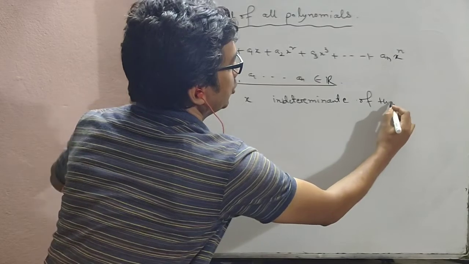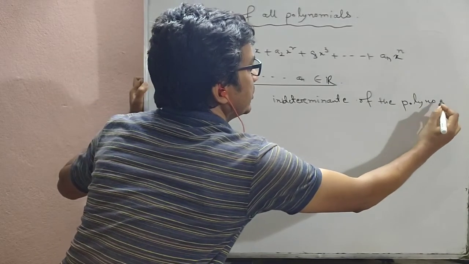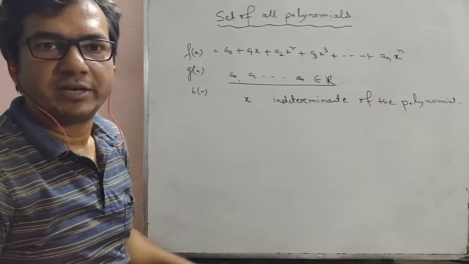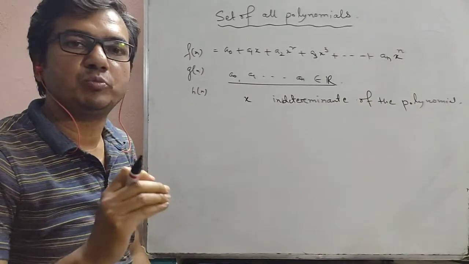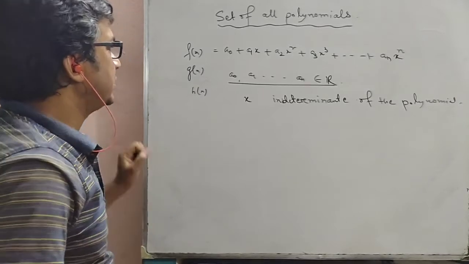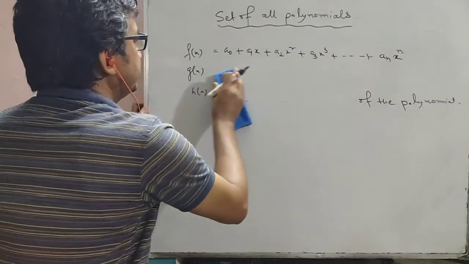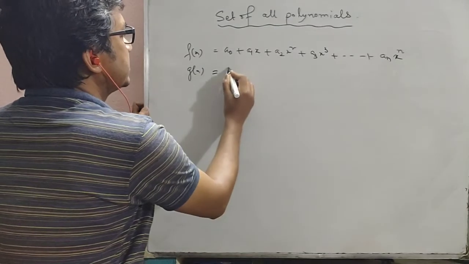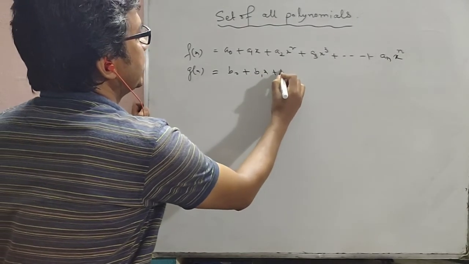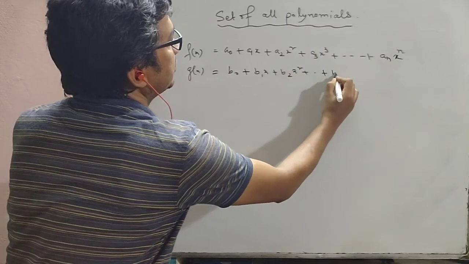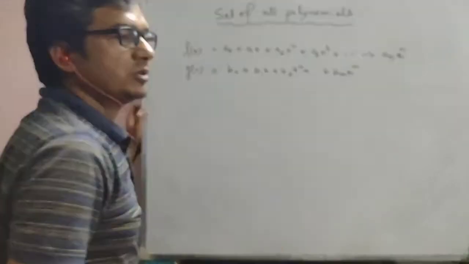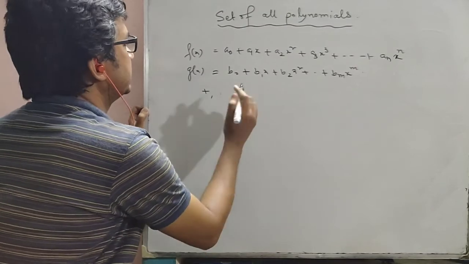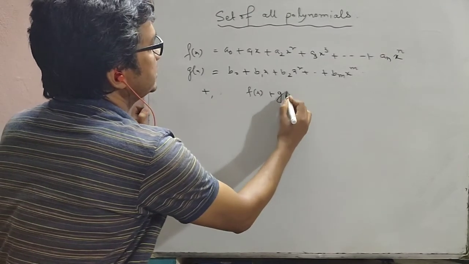Indeterminate of the polynomial. And here we define the sum of two polynomials. Let another polynomial g of x be b0 plus b1x plus b2x squared up to bm x to the power m. Now we define plus and dot as f(x) plus g(x) equal to